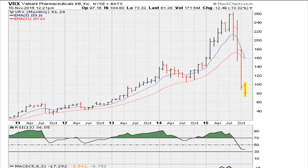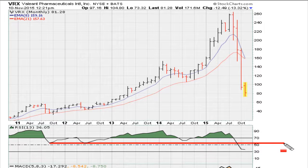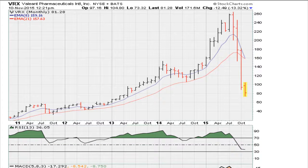Now this is a 5-year weekly chart, and you can see that the stock really began to slide when the monthly RSI jumped to fresh 3-year lows. So you can see here this move to fresh 3-year lows, let's call it at about $180, $170. Once it broke through that, we can see that the stock has been on a steep slide,